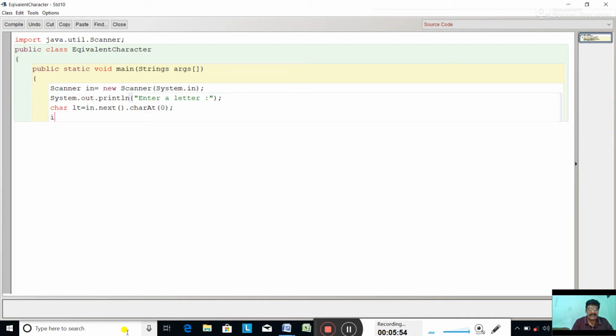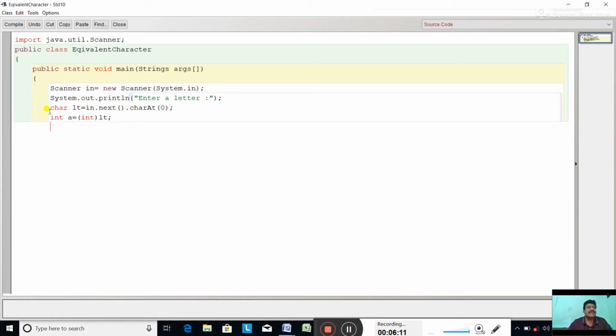Okay, now convert this letter into ASCII code: int a equal to (int) lt. So whatever letter is input is converted into ASCII code.